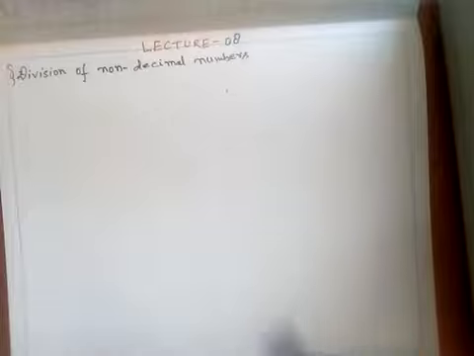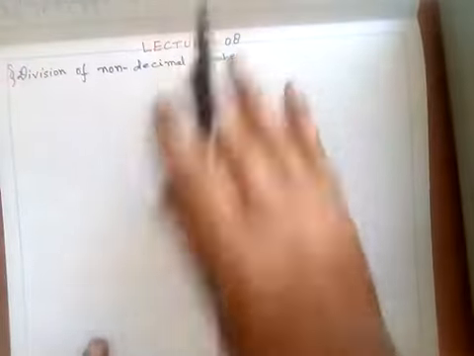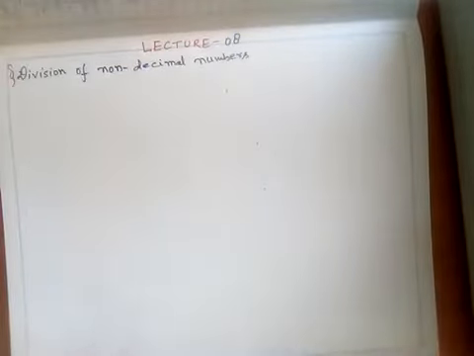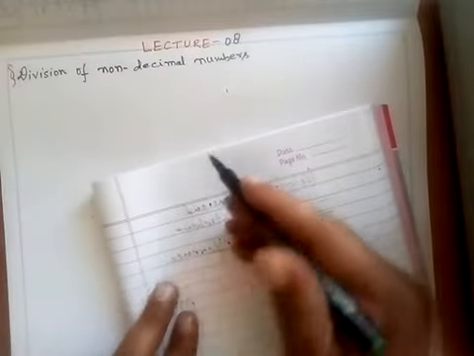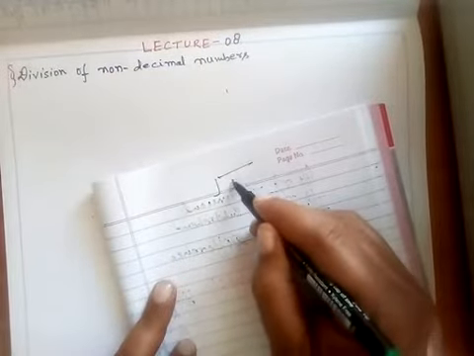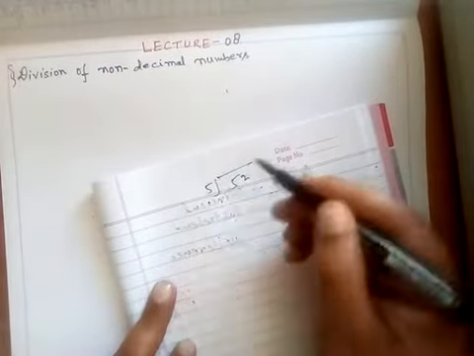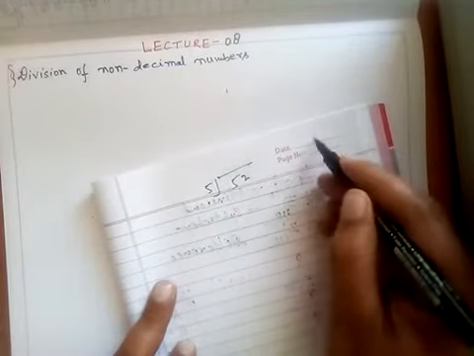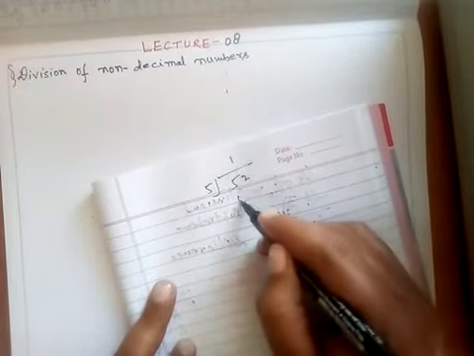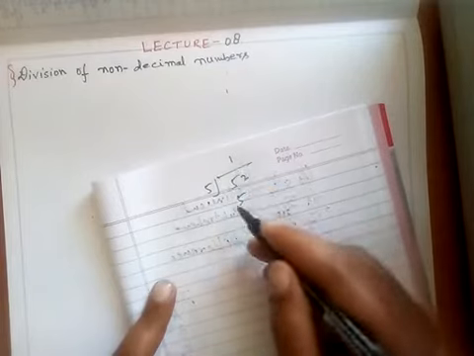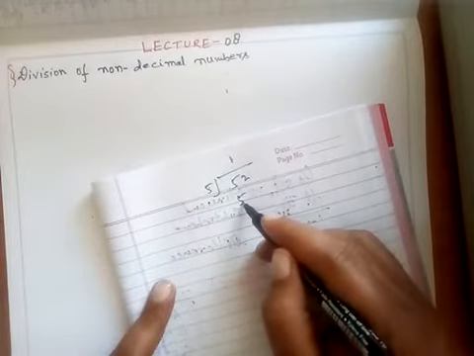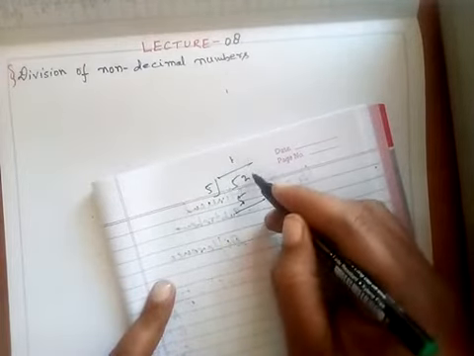So how do we go about this? Normally, how we do division: suppose I say I have a number and you divide 52 by 5, what do you do? You make a table: 5 1 is 5, 5 2 is 10, which is more than this, so I multiply 1 into 5, which is 5.